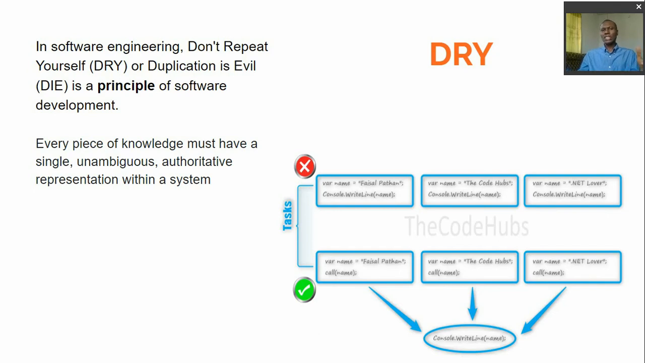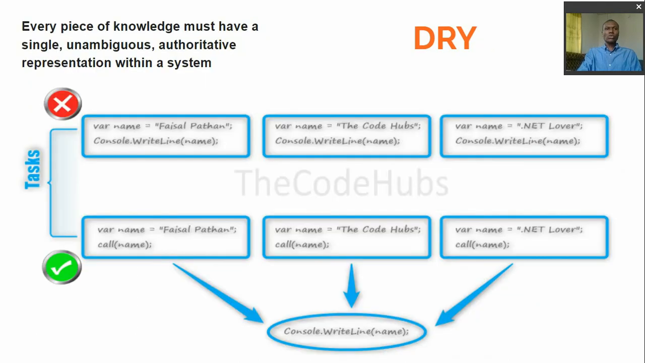So the need for avoidance of repetition. Repetition is so important. So every piece of knowledge must have a single and unambiguous authoritative representation within a system. So important. All right, so still on the DRY principle, we are looking at